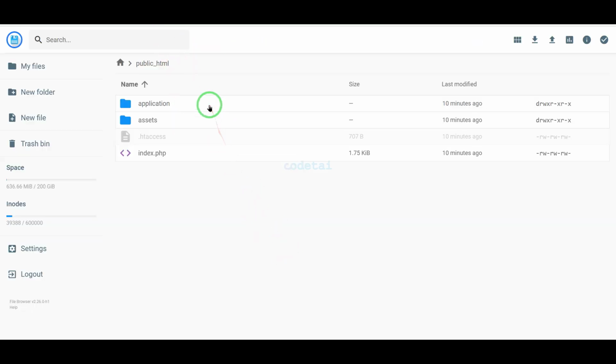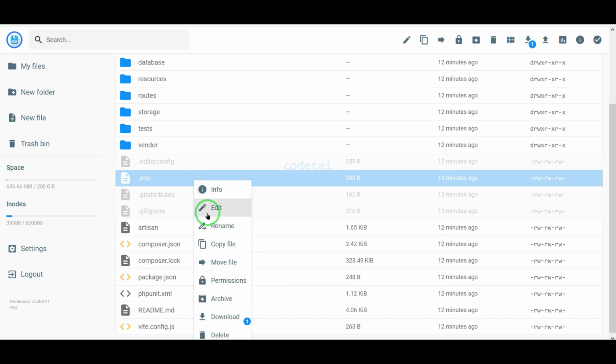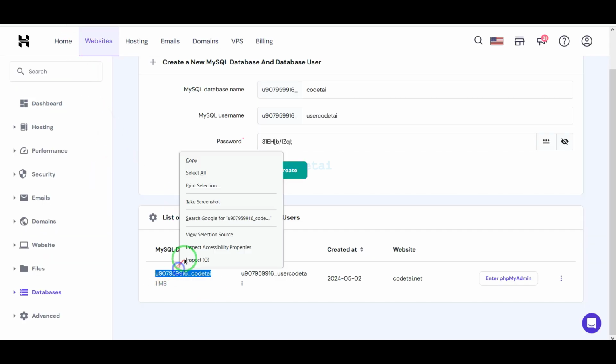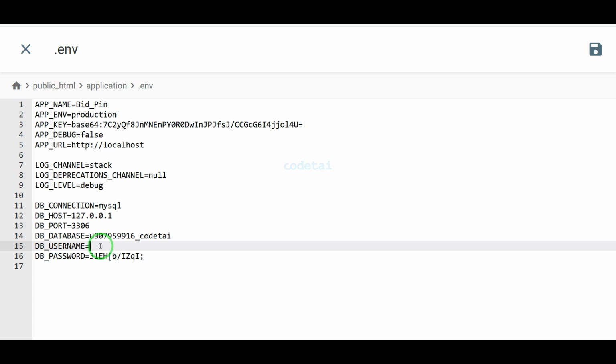Now we will go to the Application folder. Then we will go to Unfile. Now we have to submit the database information here. Then we have to save the database information.